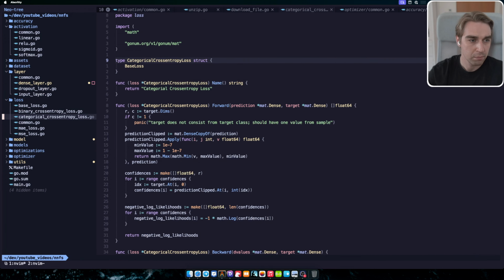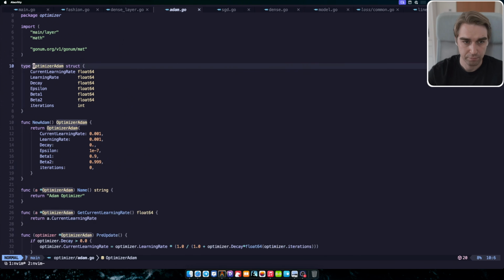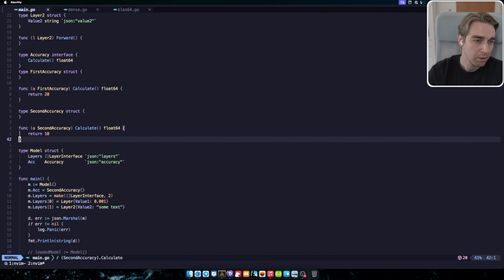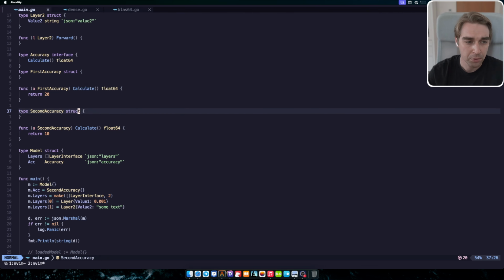Some of them are kind of not inherited, that contains the base loss. Or for example, I have the optimizer that has its own things. Why is it all important? Here, for example, I have the calculate methods, but most importantly,